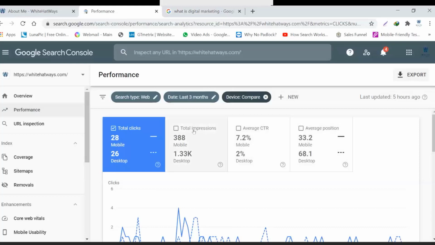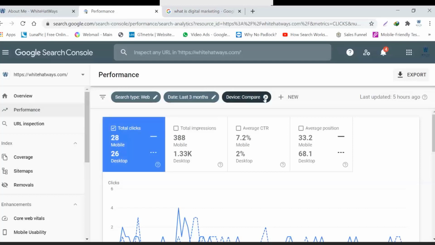So what decision can I make out of this? That I need to be performing well on the mobile phones. A lot of people are coming through the mobile phones. My website needs to be mobile responsive. I cannot afford to have my website not look good on the mobile phone, or not be operable on the mobile phone, is what I can gauge out of this. So I will have to make my website mobile friendly, so that it looks good on the mobile phone using Elementor. And we have seen how to make it good looking on the mobile phone through Elementor and Gutenberg as well. Fine. These are the page builders.